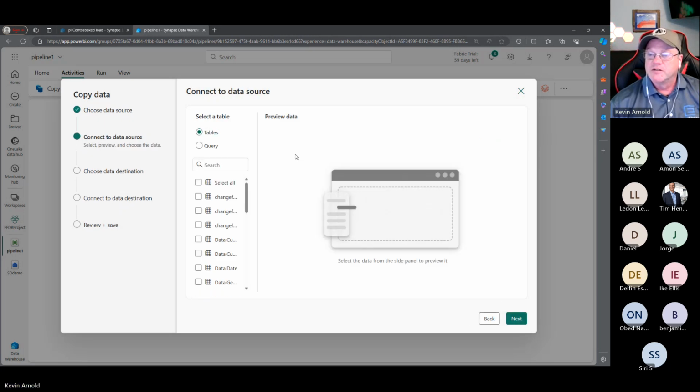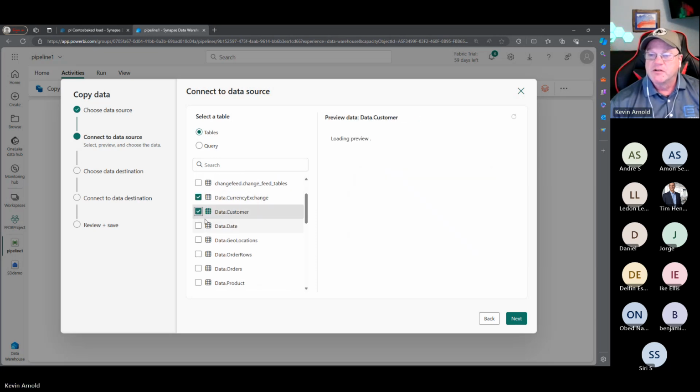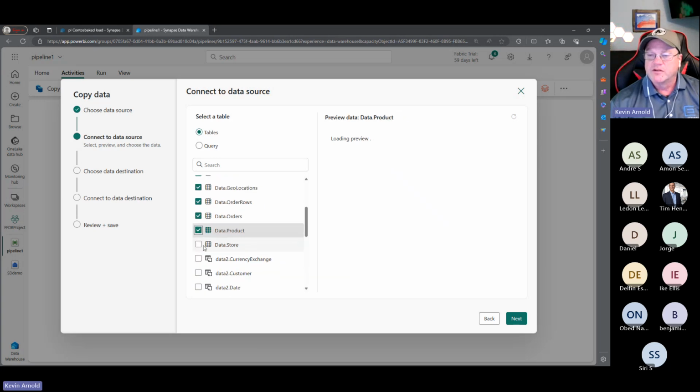It's going to say, do you want to bring in tables, or do you want to write your own query? I'm going to go ahead and select the tables that I want to bring in. Remember, all of my tables live in the data schema, so I'm just going to select each one of these, the way this database is set up.